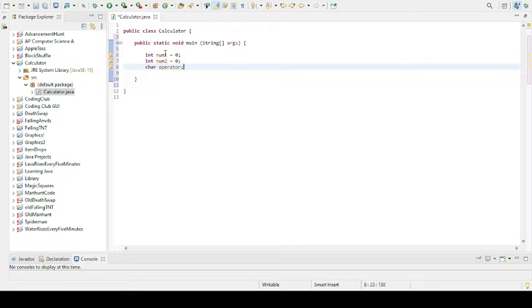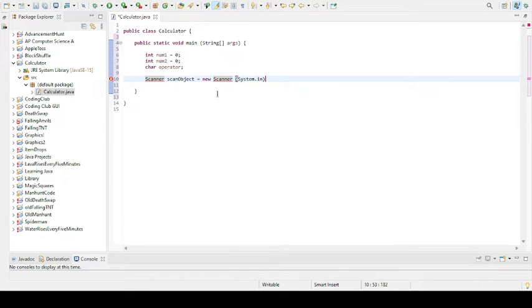So now we're going to want the user to input two numbers, num1 and num2. And we're also going to want them to input whatever operation they want us to perform: addition, subtraction, multiplication, division, and exponents later. So that will be stored in operator. And then we're going to need to actually enter the prompts in. So you're going to do Scanner scan object, new Scanner(System.in),